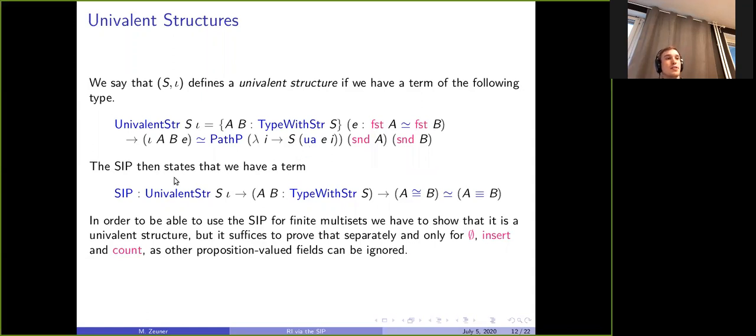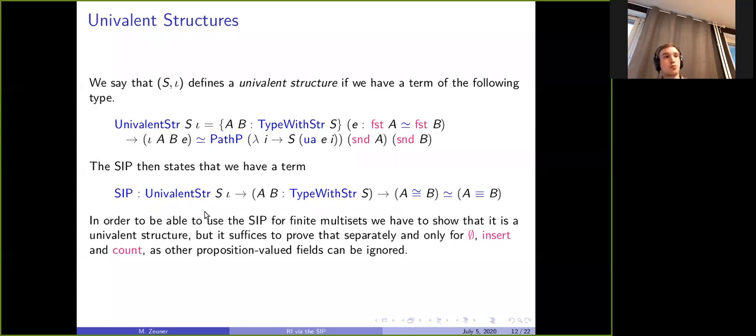And then we can state the structure identity principle, saying that whenever we have a univalent structure, then the type of isomorphisms for any two structures is equivalent to the path type. And this is the path type in the sigma type, that is, type with structure. Of course, the bottleneck of applying the SIP is showing that the structures we look at are univalent structures.